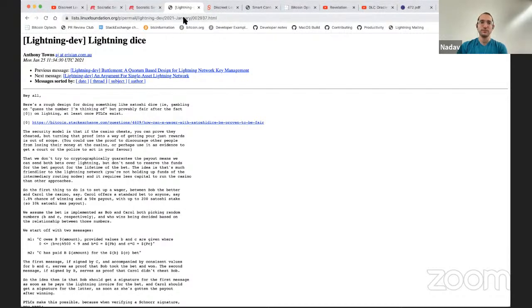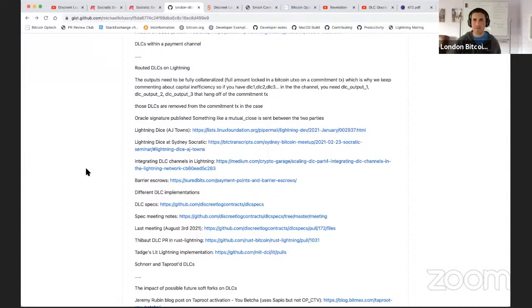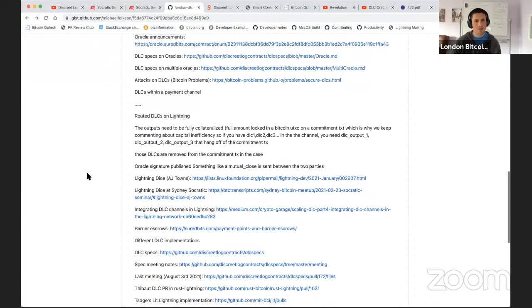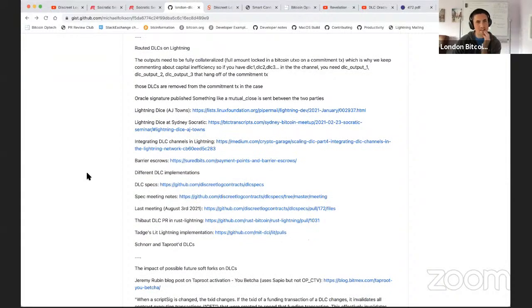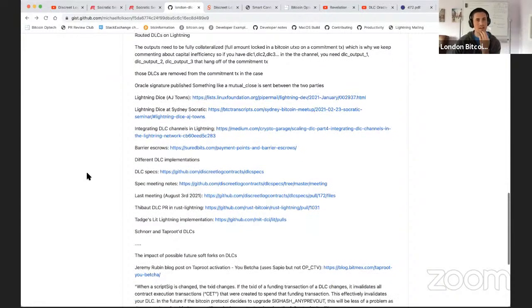Cool, makes sense. Okay, so I do want to have a final section on oracles before we wrap up. But just to finish the Lightning section, this is looking forward to when there are DLCs on Lightning. You've said before, Nadav, when we get to routed DLCs, this is looking very, very far ahead, right? But not only a DLC within a payment channel, but routed across multiple payment channels. You've said the problem there is that if you do a bet that settles in 6 to 12 months, with a conventional DLC over routed Lightning channels, the capital will be locked up on every hop, right? And that's not ideal.